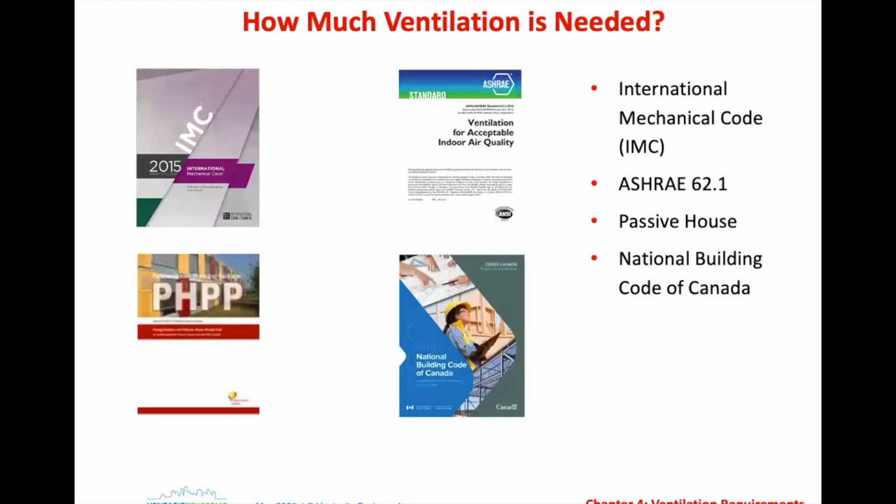All right. So what I want to talk about from there is ventilation requirements and what we need to do for ventilation. By code, there are minimum requirements, and I want to talk beyond code, especially with what's going on today. When you look at how much ventilation is needed, the International Mechanical Code is the primary driver. ASHRAE 62.1 is the commercial standard; it's not a code. ASHRAE is the engineering design guidelines or a standard, but it is not a code. The code is the International Mechanical Code, the National Building Code of Canada.